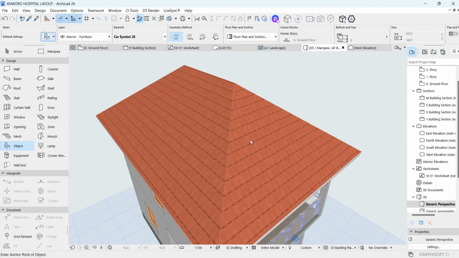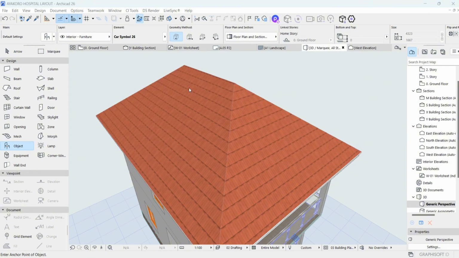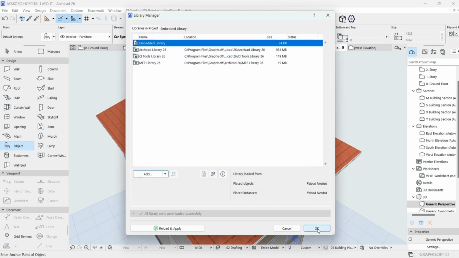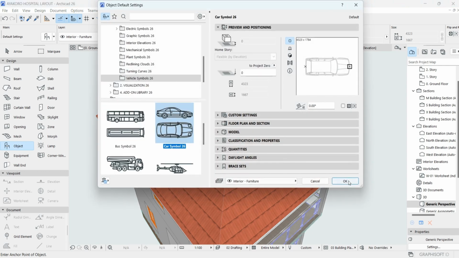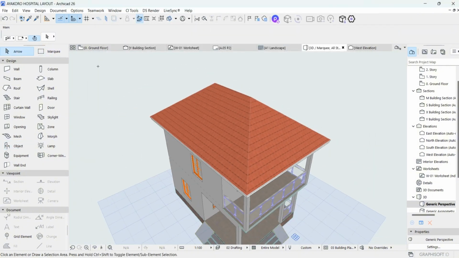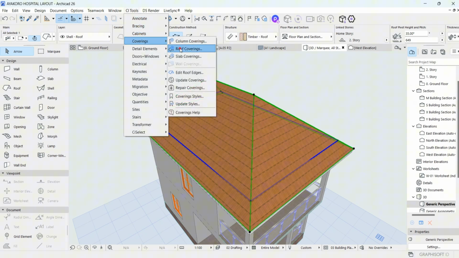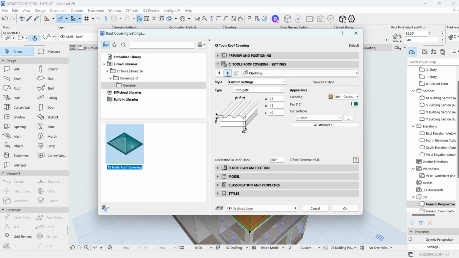then I will click on Settings dialog, then I will click on Open Library Manager, then I will have to add. Then you can see my CI Library 26 is already here, and I will click on Choose, then OK. So I'll wait for it to load. Okay, so this time around I've added the CI tool to my object list. So by the time I click on the roof tool and click on Covering, Roof Covering, every setting I need to do on my Cadimage will pop up, and